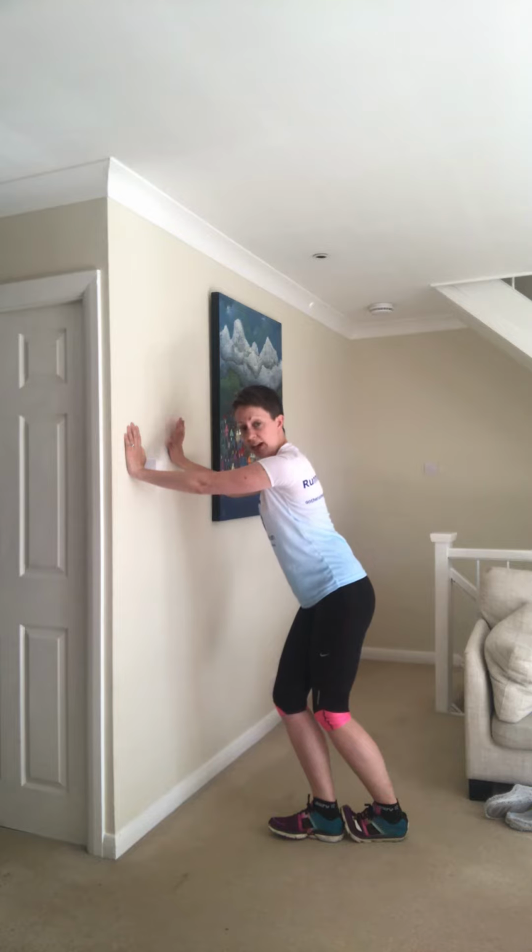That's because this one is getting into those stabilising muscles I was talking about, so the ones that work on balance and control, particularly if you're off-road on unstable surfaces. It's a really nice one to just hang out in for a while and make sure you get a full